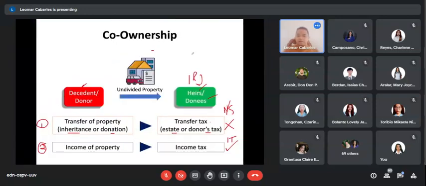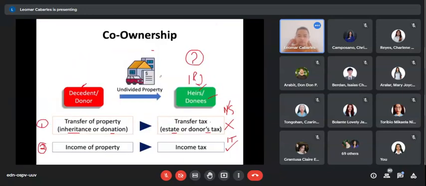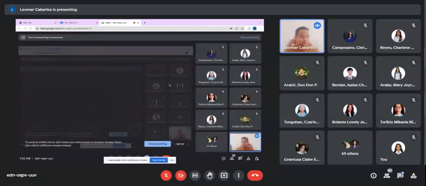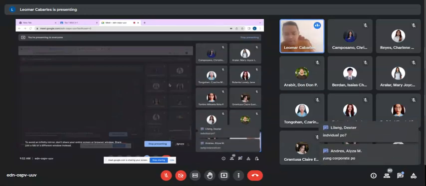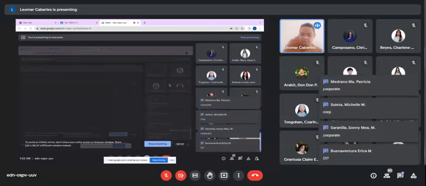Sila ba na mga co-owners as individual taxpayers? Or etong co-ownership na property nila as a corporation? So individuals ba ang taxpayer? Individual taxpayers ba? Or corporate taxpayers? Ano sa tingin nyo so far bago natin ituloy? Okay, individual or corporate? So Dexter says individual, Alisa corporate,